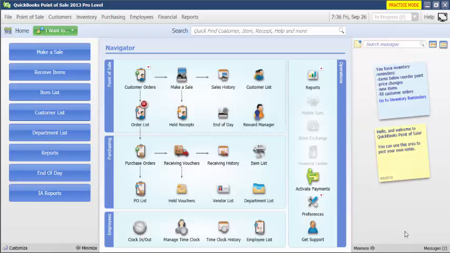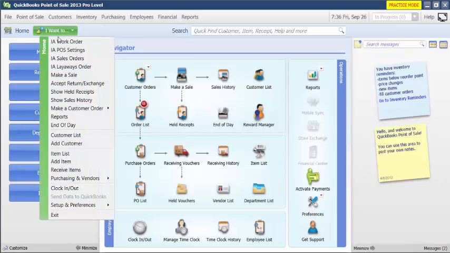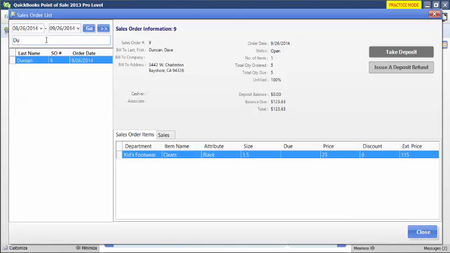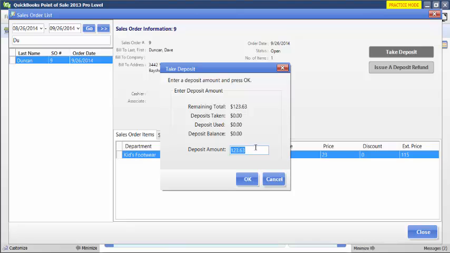Now this is where it changes a little bit. To accept payment on that sales order, I'm going to want to go to this I Want To tab, and I'm going to want to go to IA Sales Orders. So from here I can either search by choosing the date range, or I can type in the name of the customer, and it'll pop up here. Once you choose the sales order that you want to take a deposit on, you click Take Deposit, you choose your deposit amount,